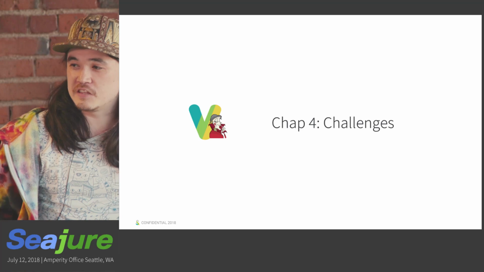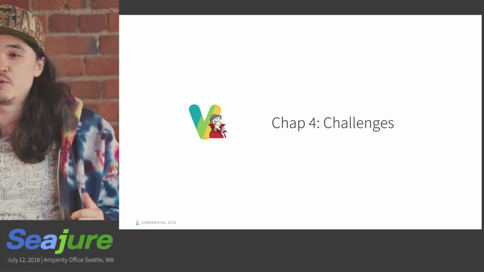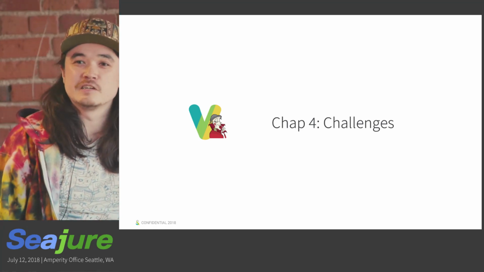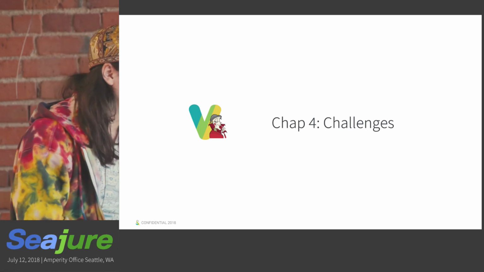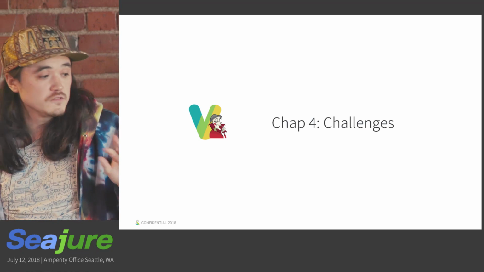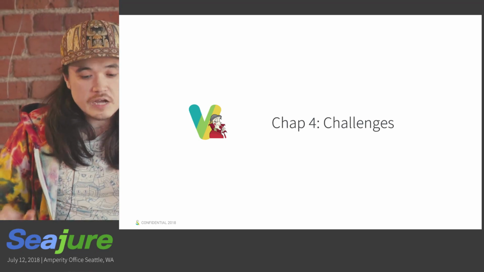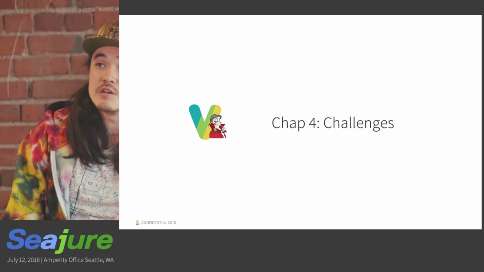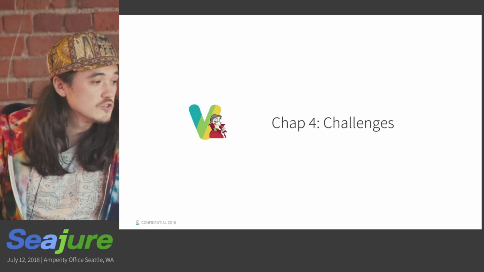Okay, so you're taking this all in. You're remembering piecemeal that you're at Seajure, and you're wondering what all this has to do with Clojure. So that's what I'm going to try and share with you. How do we attack a massive, cool, challenging, kind of dynamic problem like Vamperity using a tool set that Clojure provides?